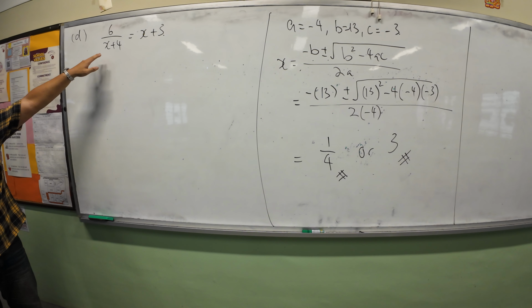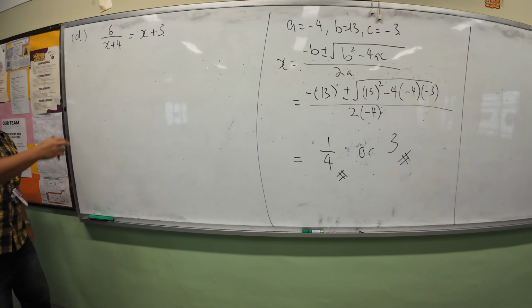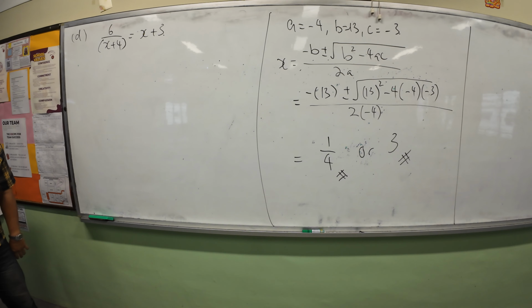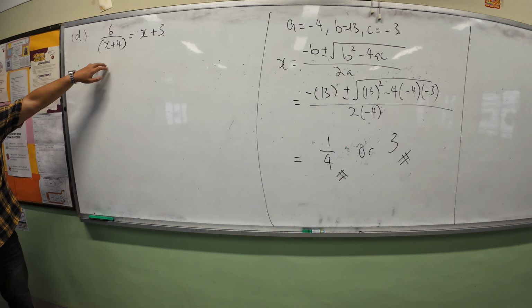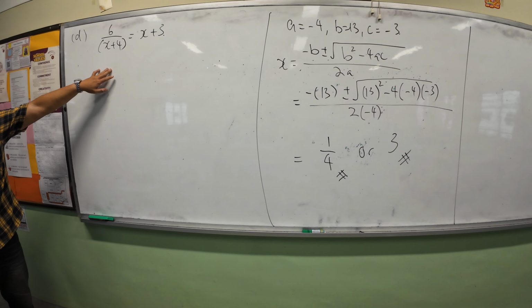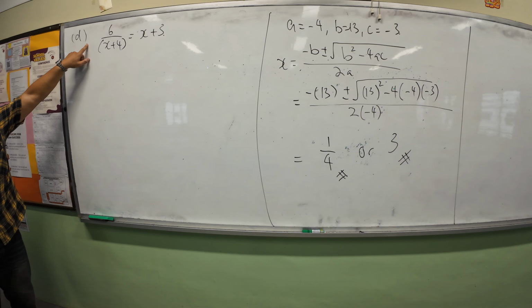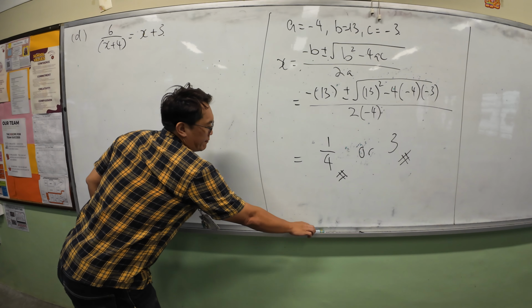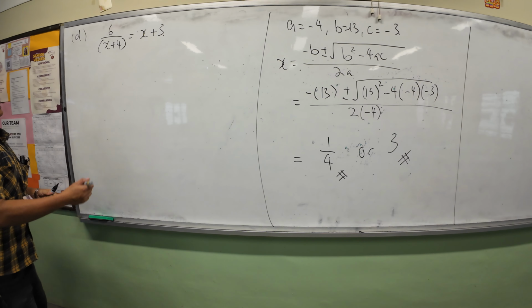Okay, I don't want any x to be in the denominator. My denominator got 2 terms. I must bracket them together. Okay, I don't want the x plus 4, so I need to multiply it to the left to remove it. So when I multiply x plus 4 to the left,